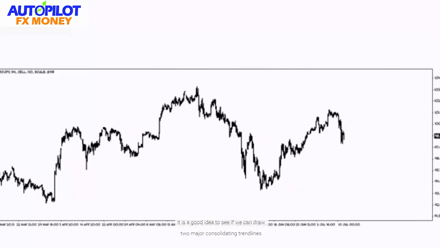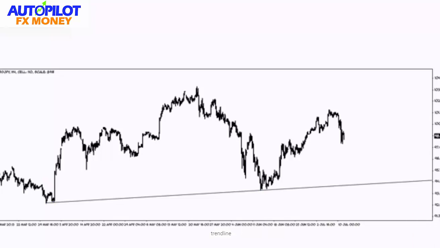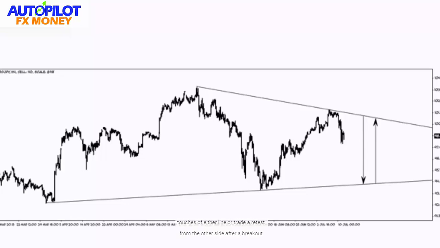Therefore, it is a good idea to see if we can draw two major consolidating trend lines. The first one connects the two major lows with an upward sloping bullish trend line. The second one connects the two major highs in a downward sloping bearish trend line. Together, they form a consolidating triangle. We can look to fade, that is, trade against touches of either line, or trade a retest from the other side after a breakout. The beauty of a consolidating triangle is that the price has to break out of it